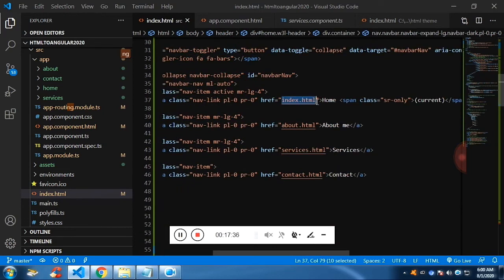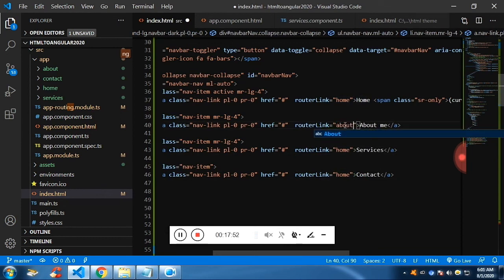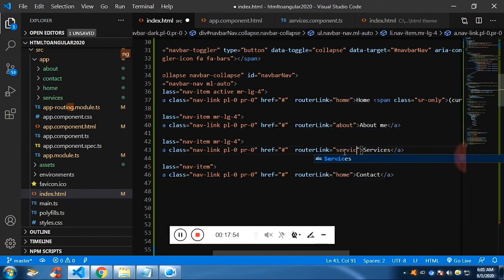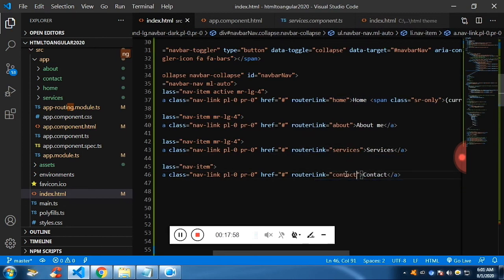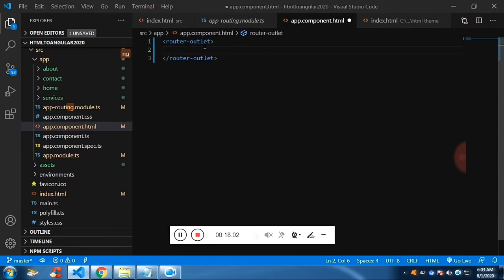I'm in the header section now. We have to make it as hash, and to know the href location we have to use the router link, and we need to pass a URL. So this is about URL, and this is service URL, and this is contact URL. Fine. Now let me remove it. We don't need right now. We don't need this,